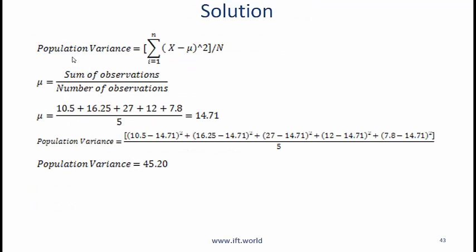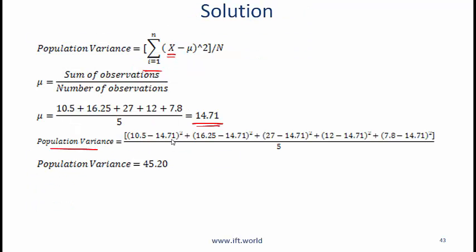Here is the somewhat ugly looking formula that I was referring to earlier, but notice this formula is doing exactly what I said. X represents each value, so i is equal to 1 to n, that's each value, minus the mean. The mean in this particular case is 14.71, and we are taking x minus the mean squared. This is the summation sign, so we are summing up all the numbers and dividing by n. So notice here, 10.5 is our first value, which is this one,